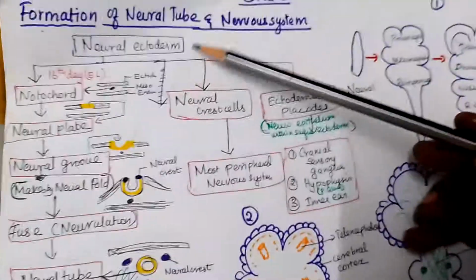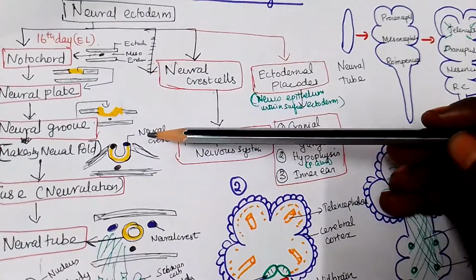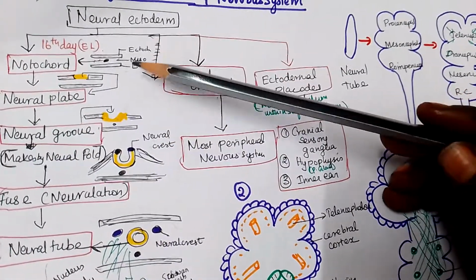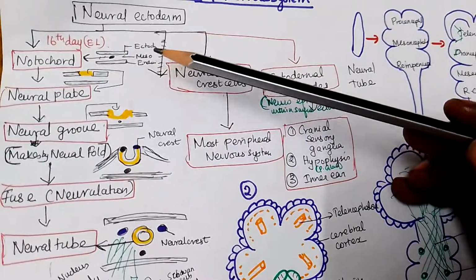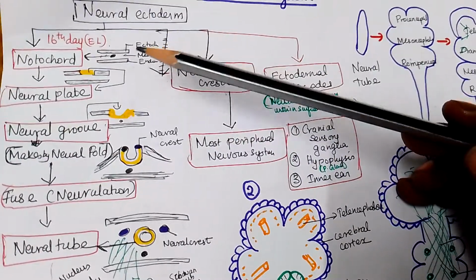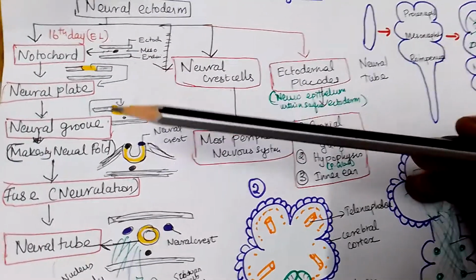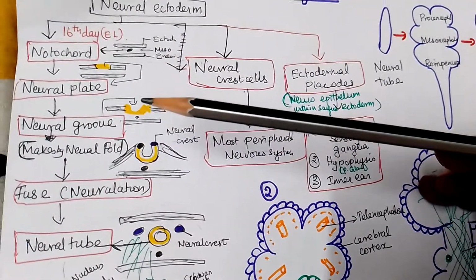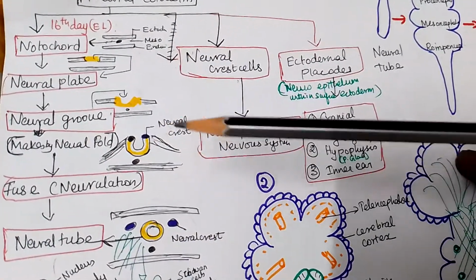In the brain, what we are going to see is the neural tube. Overall, the brain develops in the 16th day of embryonic life, where it develops from the ectoderm. From the ectoderm, the notochord develops, the neural plate is formed, and then in the middle of the neural plate a fold forms like a groove-like structure, and then this groove closes together to form